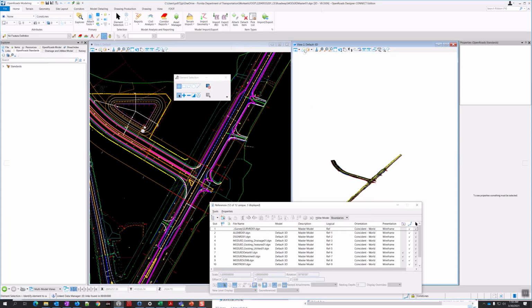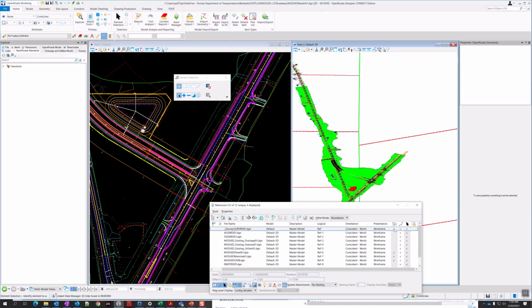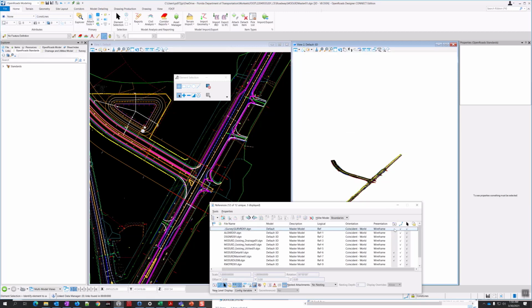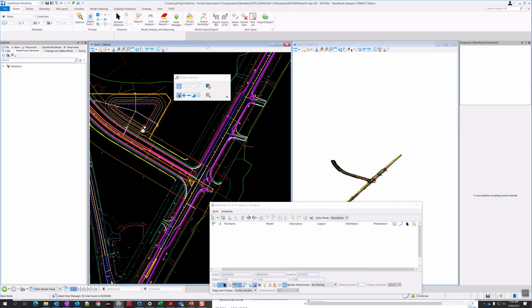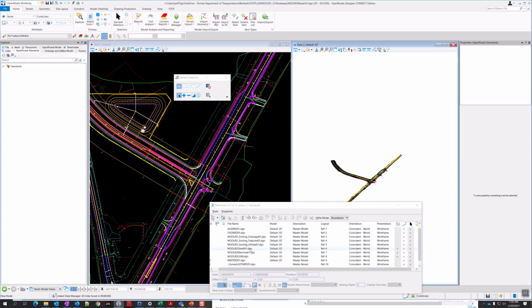So I should have my existing ground, and I think that it's off in the 3D view right now. Should be on the GDTM file.